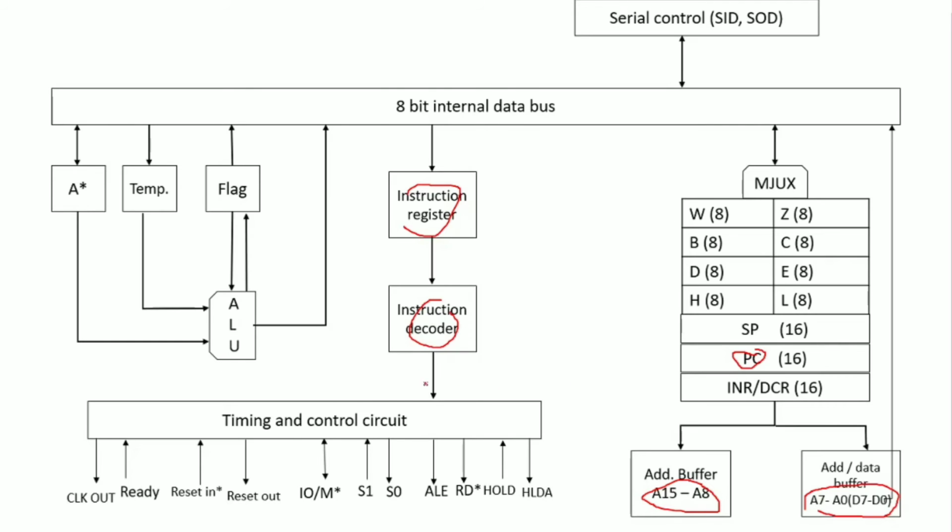So we have understood about the instruction register, instruction decoder, and how the address bus and data bus are being used. Here you can see that we are having B, D, H. These are special kind of registers, or you can say general purpose registers, which are 8-bit. Here you can see that all are 8-bit. We can use them as pairs also, like HL pair, DE pair, BC pair. So you can also see an SP here.